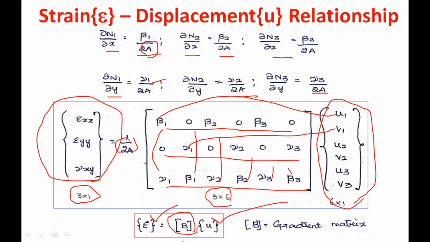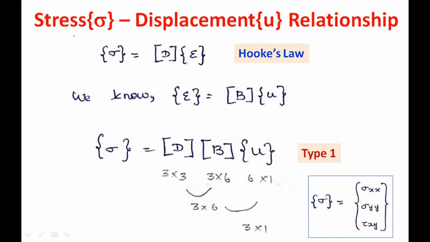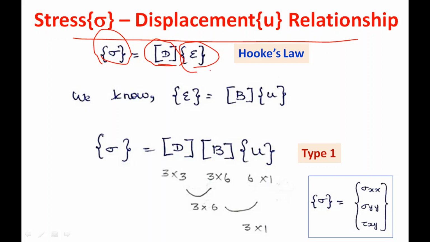Now in the earlier part, we derived the stress strain relationship matrix D, the constitutive matrix, right? Now we are going to use that matrix and this strain displacement matrix to get the final element characteristic equation. Let us see. Now the stress displacement relationship we can establish. Sigma, the stress matrix, is D, the constitutive matrix, multiplied by the strain matrix, which we have discussed in the last part. Right, this is Hooke's law for